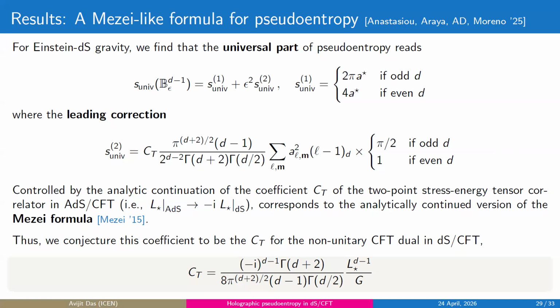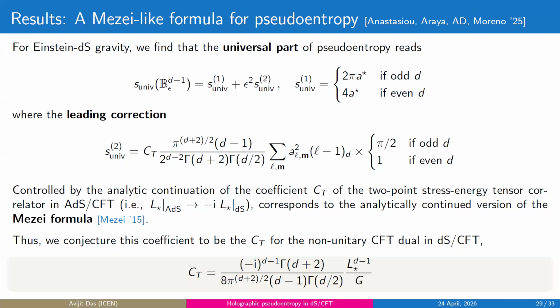And we have found that the CT is also the analytical continuation of this CT of AdS/CFT. So for AdS/CFT, there is no I to the power d minus 1, but for dS/CFT, you find that the CT is basically the analytical continuation of AdS. So this is the AdS radius going to the dS radius. In this process, what we have basically proved is that the shape deformation of pseudoentropy also gives you a similar